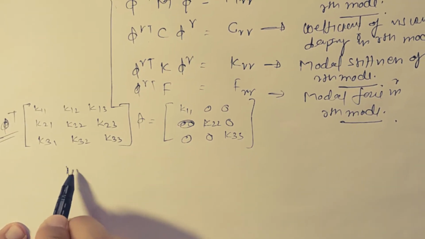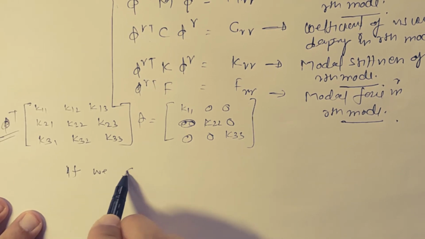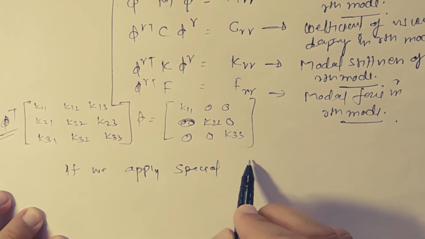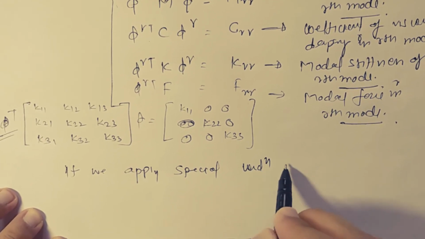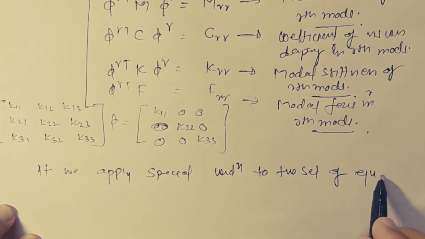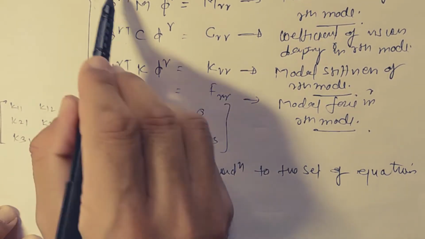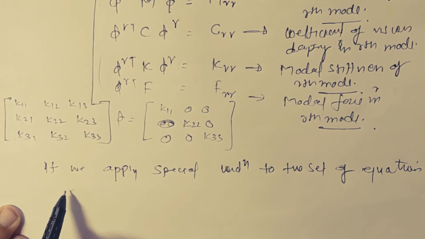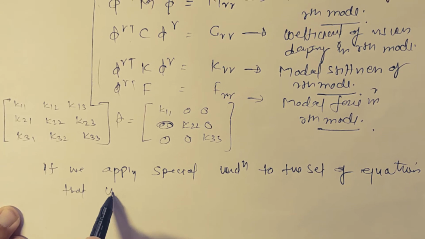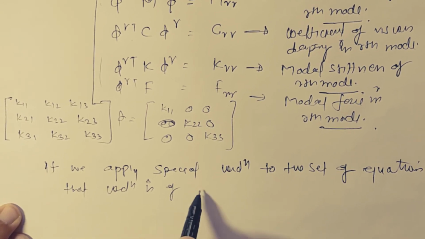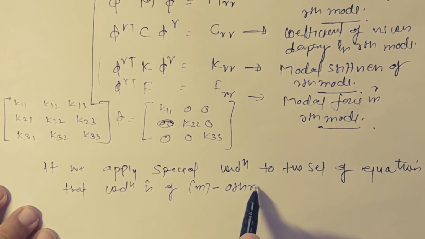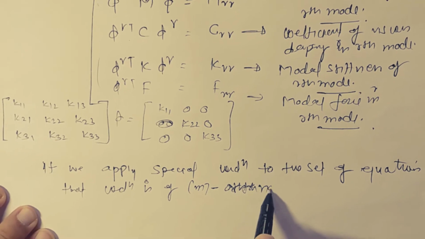I'll write, if we apply a special condition to the set of equations. Set of equations means these 4, and that condition is of mass orthonormal